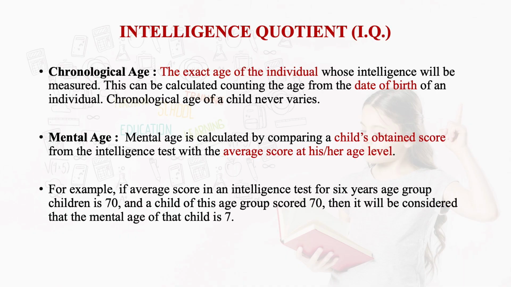Let the average score in an achievement test be 70 for the 14th age group. If a particular student achieves 70 in that test, then you can say that his or her mental age is 70. But many a time you will find that a 14th age group student is not able to score 70,